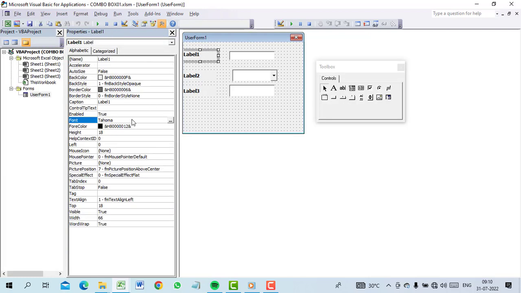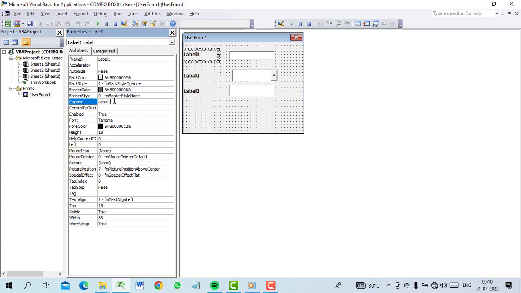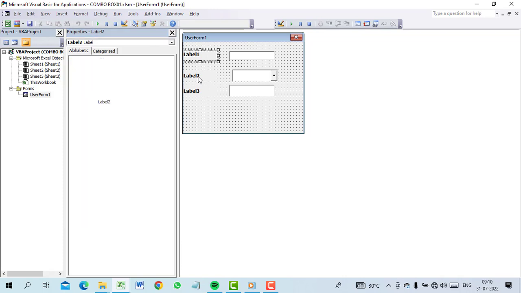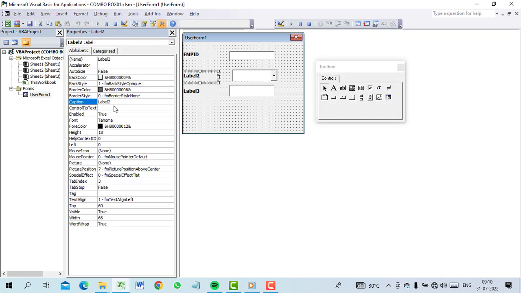Now name it. This is the caption where you can change the name of the label. The first one is employee ID, the second one is designation, the third one is mobile number.